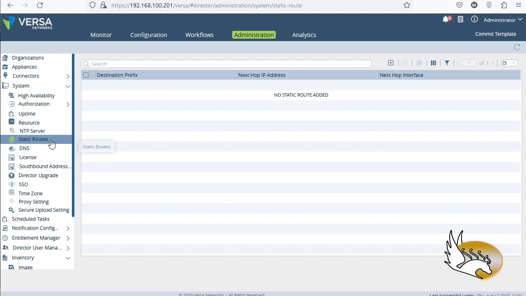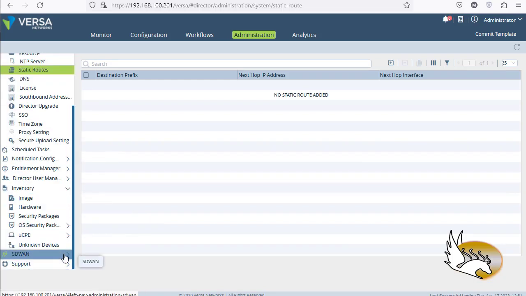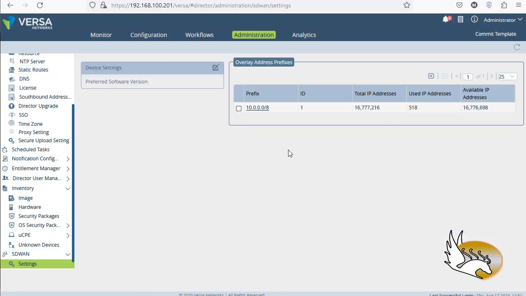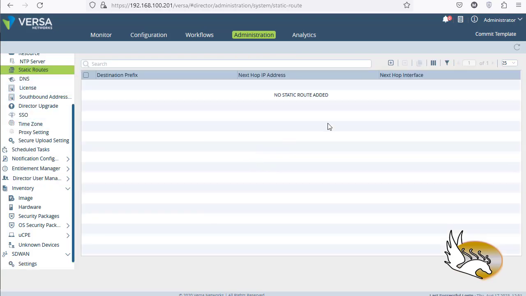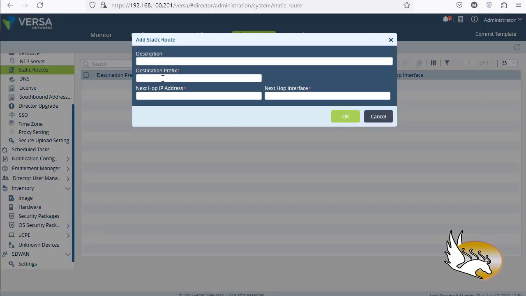Let me cancel this out. If I just come down here and find SD-WAN, you can see that on the setting it says 10.0.0.0, and we have used 518 of this space. You can just change this, but like I said, I'm not going to, because that's okay for me. Going back to static routes, I'm going to create a static route to reach to 10.0.0.0/8. I'm going to say next hop is going to be the IP address which I have assigned to the